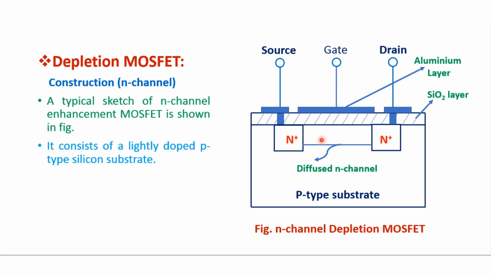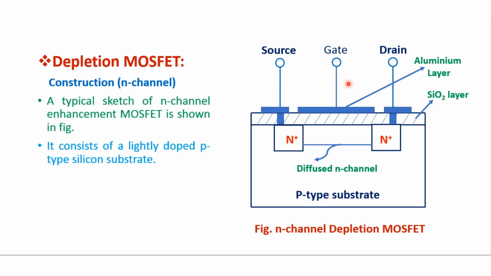The length of this N channel is 10^-5 meter to 2 x 10^-5 meter. A thin layer of insulating silicon dioxide is grown over this particular surface. The metal layer covers the entire N-channel region and it forms the gate.